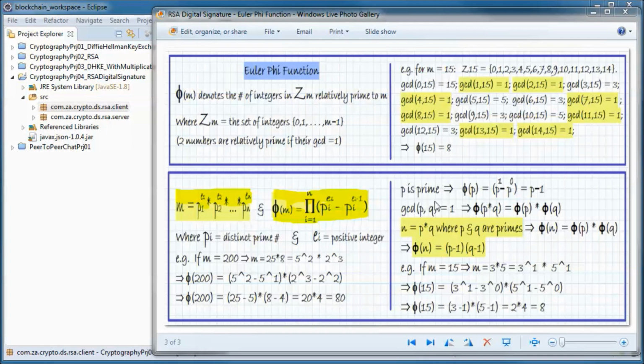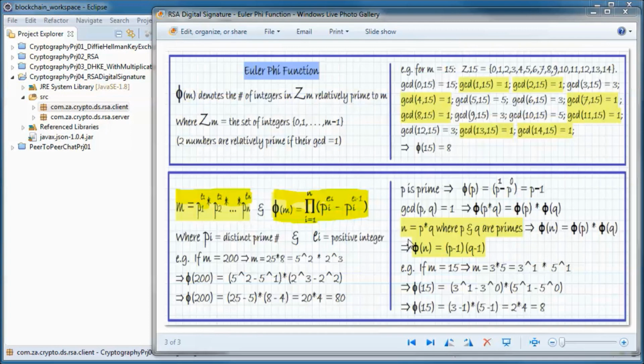Now if p is prime, then phi of p is equal to p to the power of 1 minus p to the power of 0, so it is equal to p minus 1. And the GCD of p and q is equal to 1 means that phi of p times q is equal to phi of p times phi of q.